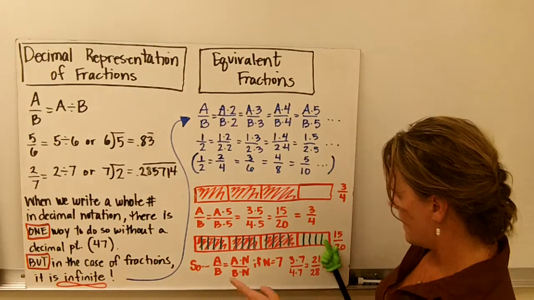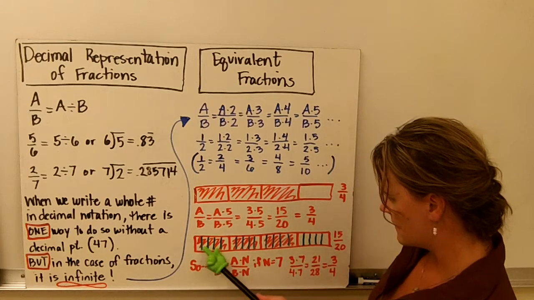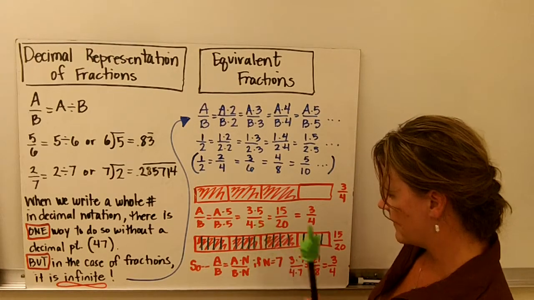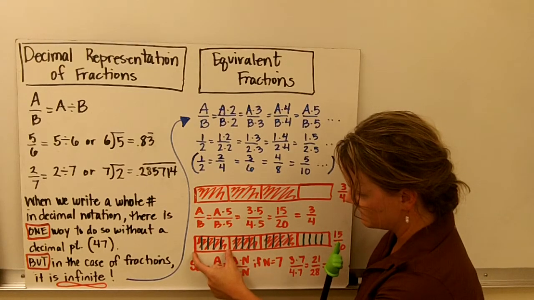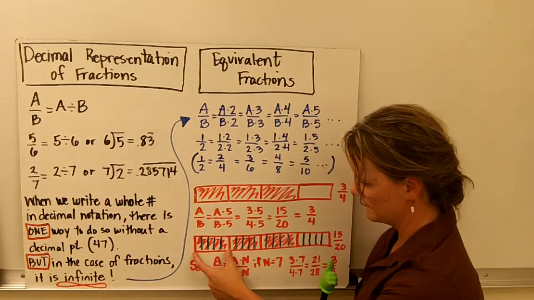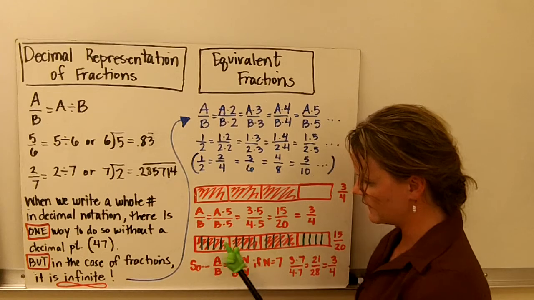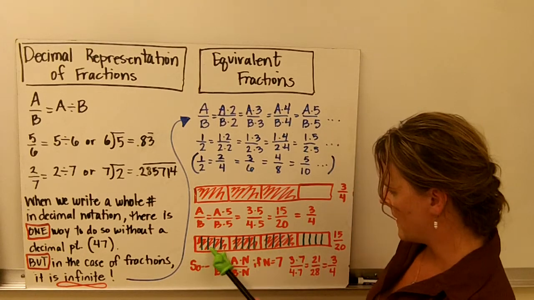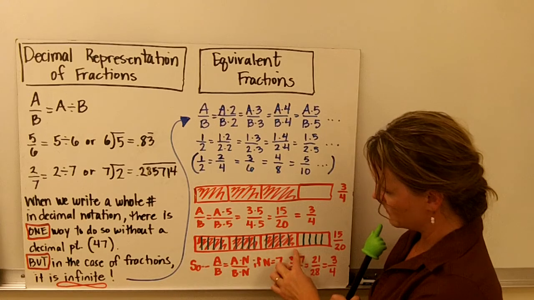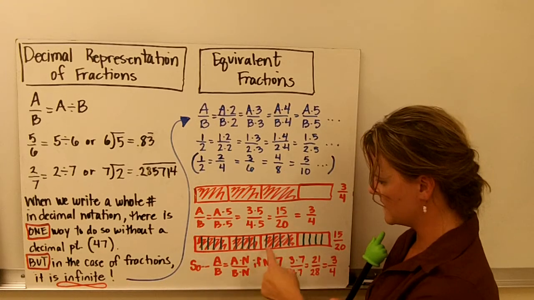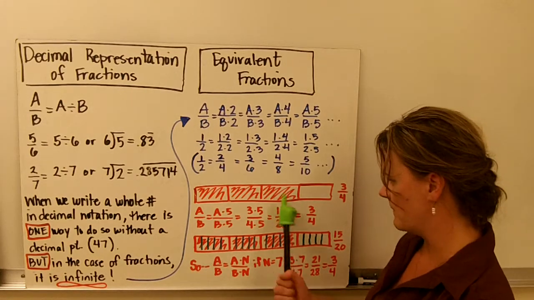So here we have our 3/4, but now we are splitting it up into fifths. So here, because we multiplied by 5, I'm breaking up each of those fourths into fifths. So a fourth here, and I'm breaking those up into fifths. And when I do that, I can see that my 3/4 is now actually equal to all of those fifths, which include 15 of them. So there are 15 out of the 20 now, because now we have 20 fifths,